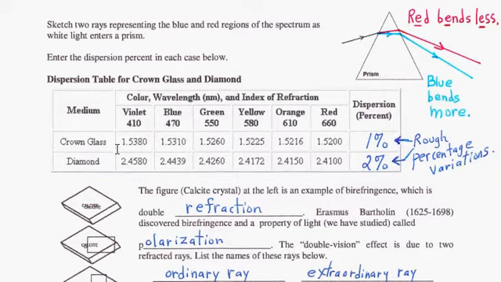The range here, when you have $1, and if it ranged a penny, we'd say it's 1%. And this is like $1.50, and it's kind of like a penny and a half. The range is a little bit like 1% roughly you're seeing here. If you look at the diamond, like $2.45, $2.41, that's like 4 cents on $2 is 2%, roughly 2% variation. So the diamond has a variation of 2% in the index of refraction, and that means more dispersion,